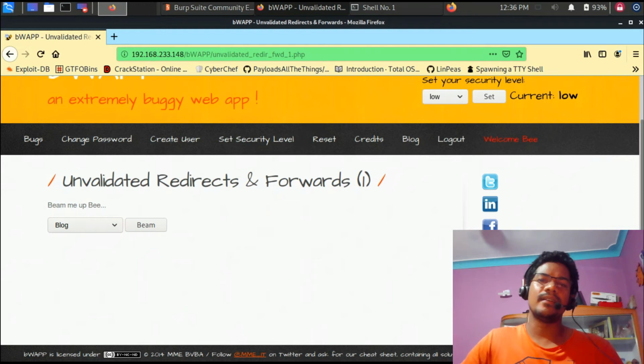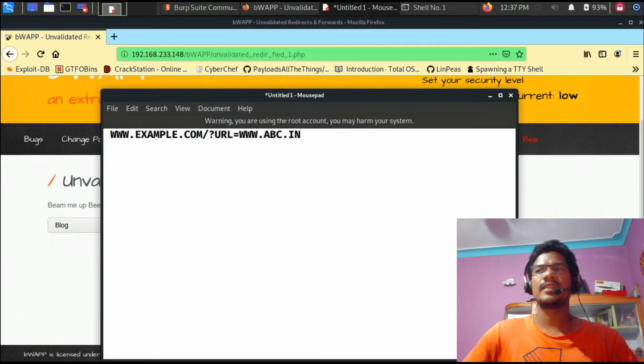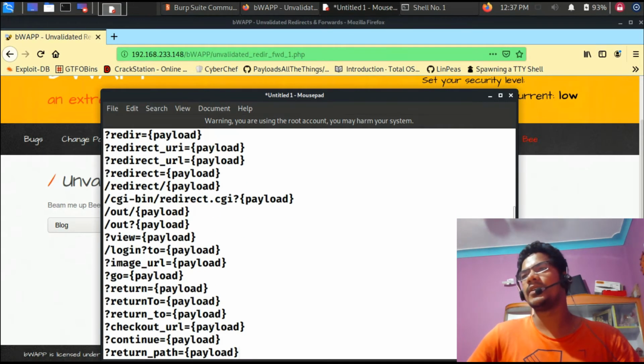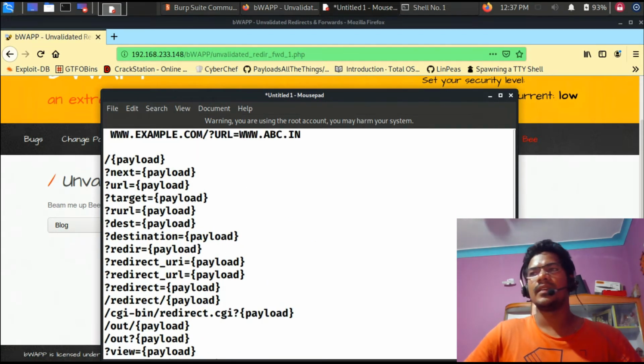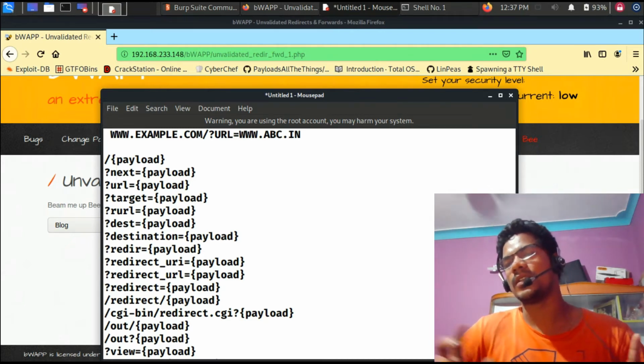If you see some of these parameters which I'm going to highlight right here, these are the possible parameters where you can have this particular vulnerability. So this is how exactly a URL redirection will look like, and the list of popular parameters which are typically vulnerable to URL redirection are these many. You will have redirect slash, something like next, something like url equal to, target equal to, some of the places where you can basically inject the payload or the URL of the third party website.